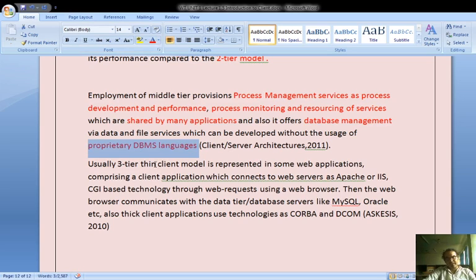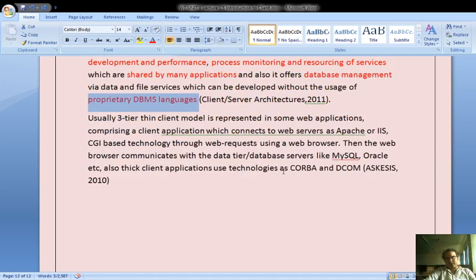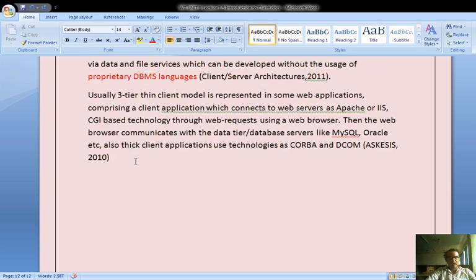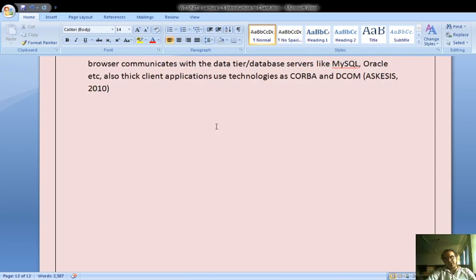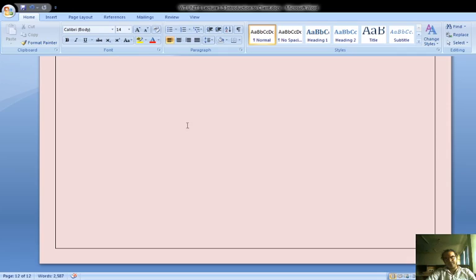Usually the three-tier thin client model is represented in web applications comprising a client application which connects to a web server such as Apache or IIS, Internet Information Services, through CGI-based technology using a web request from a web browser. Now CGI was upgraded to servlets as well through Java technology. Then the web server communicates with data tier servers like MySQL, Oracle, etc. Also thick client applications use technologies such as CORBA and DCOM.